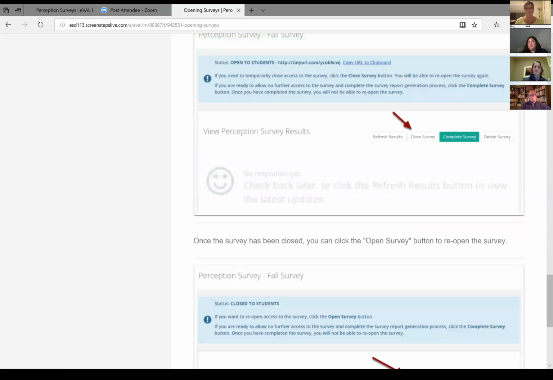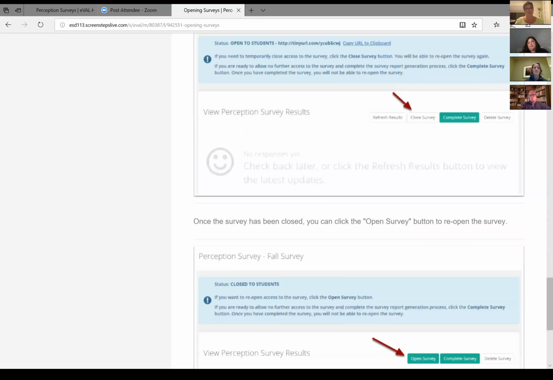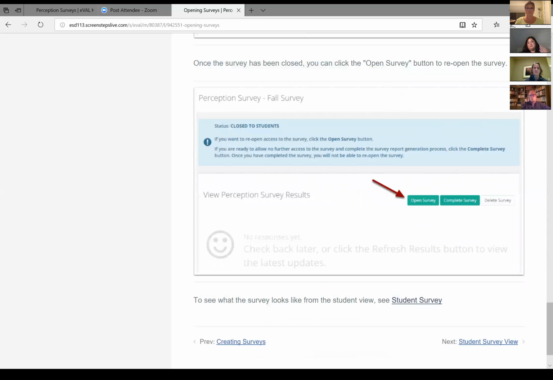Yes, so you are welcome to use this as certain check-in points during the year on specific items you're really seeking to get feedback from your students. And I think that's, again, a great way to kind of gauge progress with your class about things that you are intentionally working on. So you're going to leave your survey open, and we would highly suggest, based off the